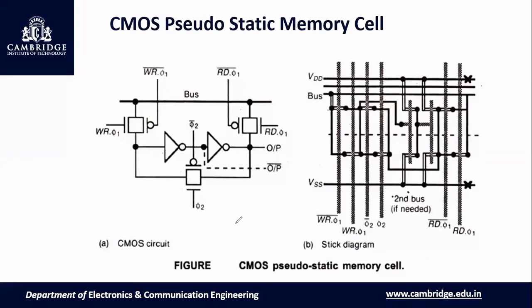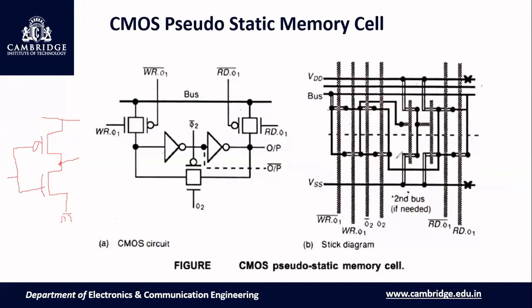Okay, here I'll just brief how to draw the stick diagram. You can try to analyze it. It's very easy to draw the stick diagram. You know how to draw the stick diagram for a transmission gate, and for a CMOS inverter. That is drawn and then interconnected. That's it. It's nothing but the circuit diagram of the CMOS inverter, no?